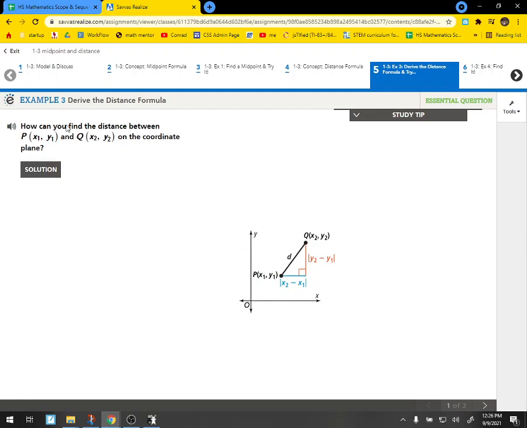All right, so how can you find the distance between 2 points? Oh yeah, it's just like saying between point P and point Q. This is nuts looking, right? But it's just saying P is x comma y, and we're calling it x1 and y1. And Q is x2, y2. That's all we're looking at. So if I want to find the distance between these 2 points,